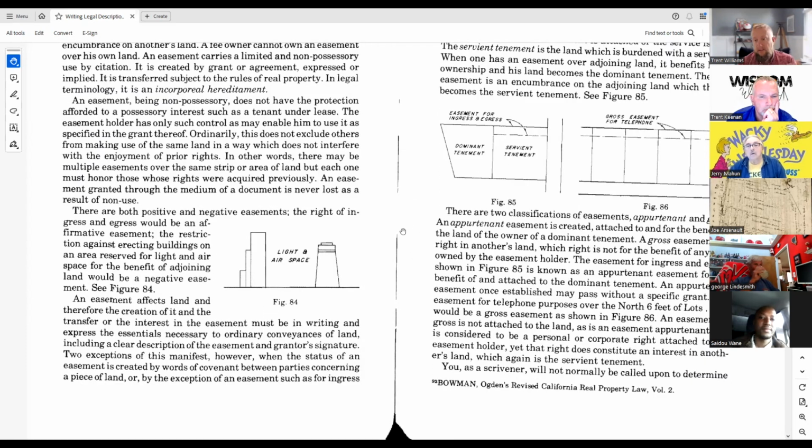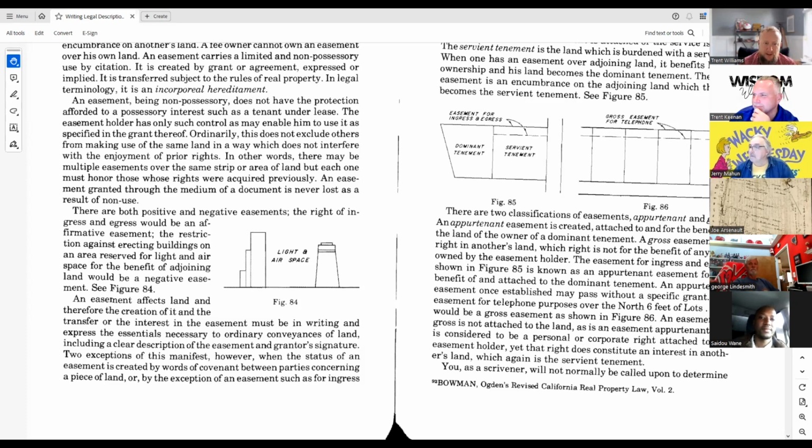So the gas example I gave, I wrote a centerline description for that. Let's just get into examples and we can talk a little bit about it. I wrote a centerline description, and the attorney for the gas company rejected the description because it was too vague. They didn't like the beginning and the ending point of this easement across our property. I used the standard language, the sidelines of said easement to be shortened or extended to cross the property line at the point of beginning and point of termination, and they said that was too vague of a description. So I actually ended up writing a full rectangular metes and bounds on that one just to get it through.